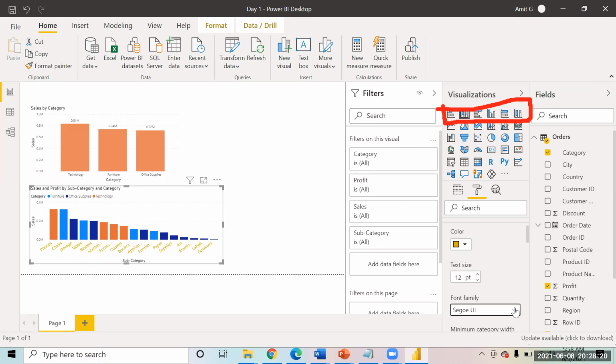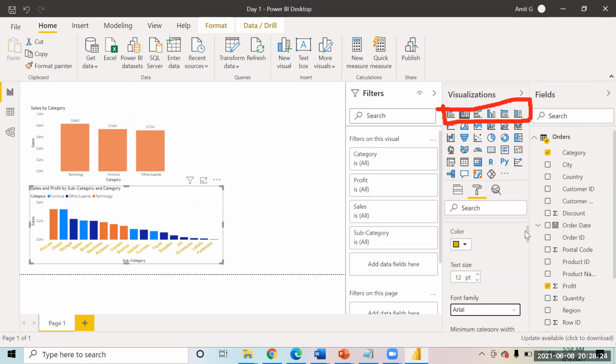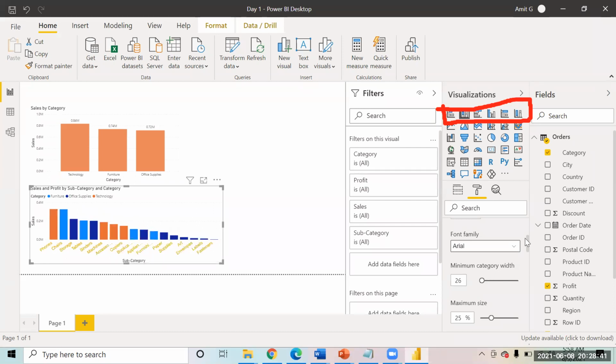You want to change the font style, you can do that. You want to increase the width, the thickness of the bar, it will do that, right? The thickness of the bars will increase, right? So a couple of options.